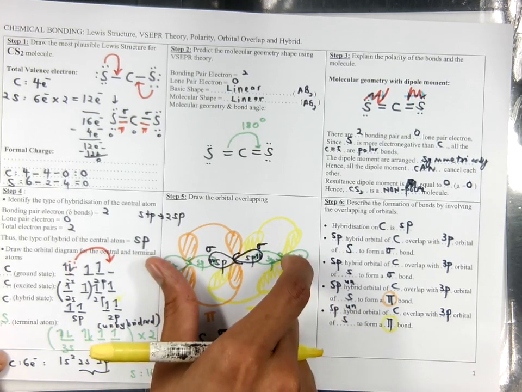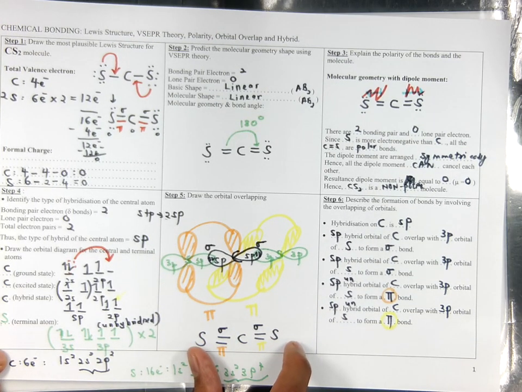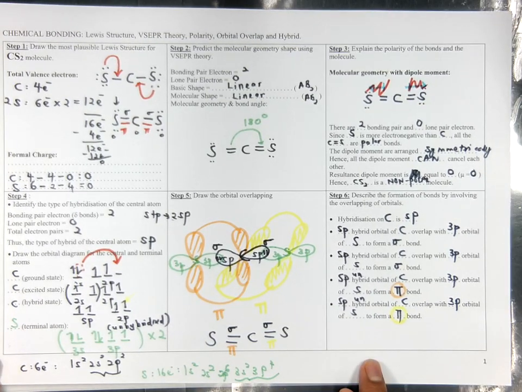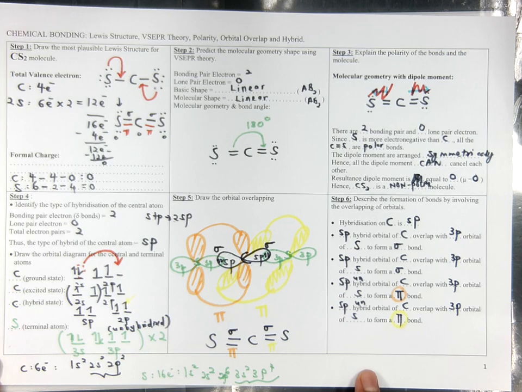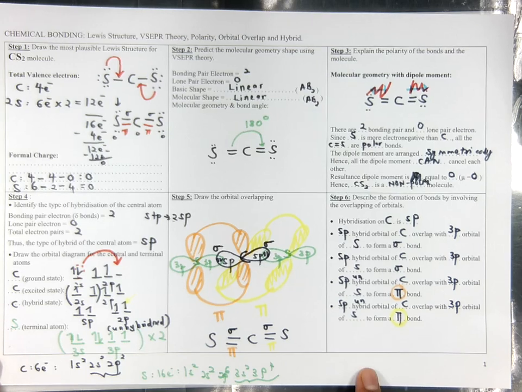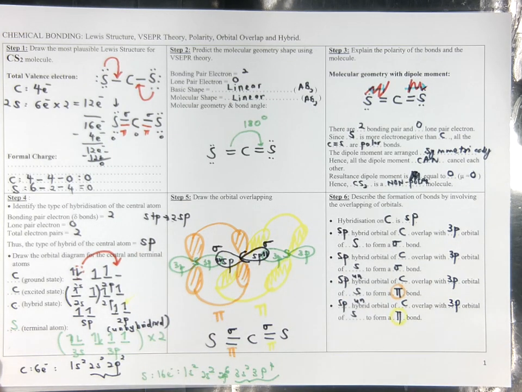The structure is consistent with the Lewis structure that I formed from the beginning. So I think that's all from me, and this is quite a complex example because you don't usually deal with pi bonding. So I hope that this gives you some idea of how pi bonding is made, and from that you can try to do all the other exercises that are left in the worksheet. So that's all from me,